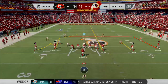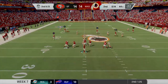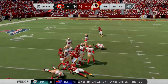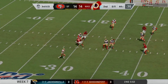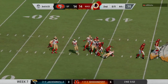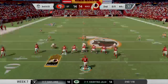Now then, after the sack, it'll be interesting to see what they have planned for 2nd and 23. 2nd down, Haskins. Oh, he almost had it. Already with 1 interception, just missing his 2nd there. Incomplete. It's now 3rd down and long. An incomplete pass on that last play, and that means they'll need to come up with something here